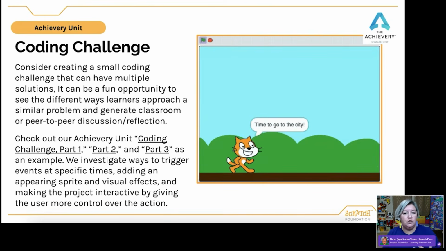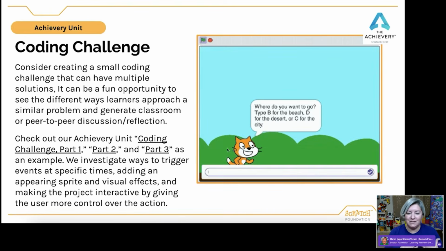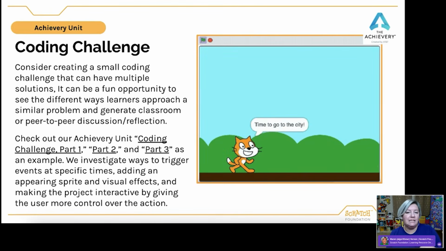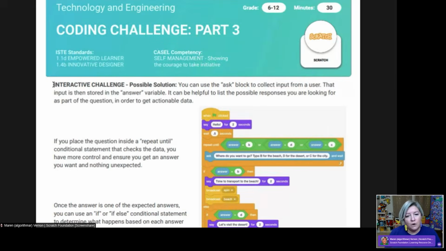If you sign up for a free account on the Achievery, that lets you download the lesson plans that are there. And what you'll notice when you download this particular lesson plan is that I've called out some possible solutions.